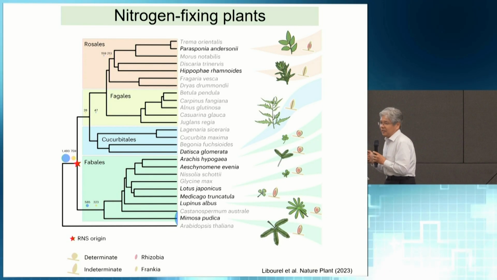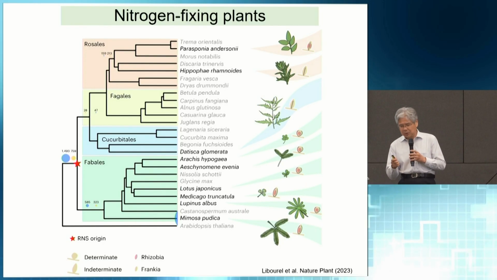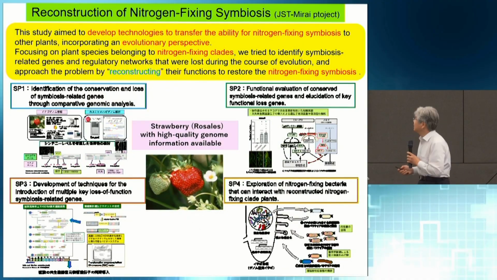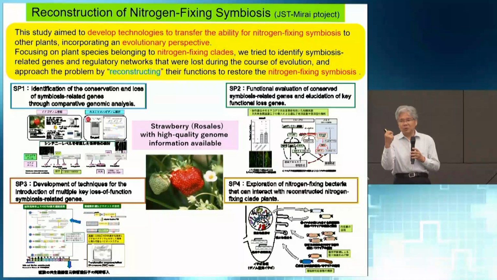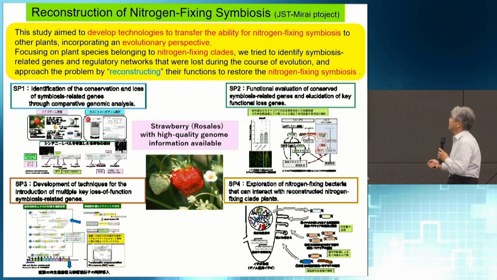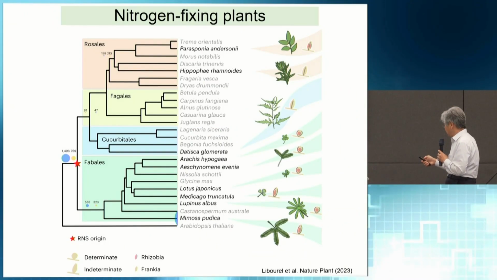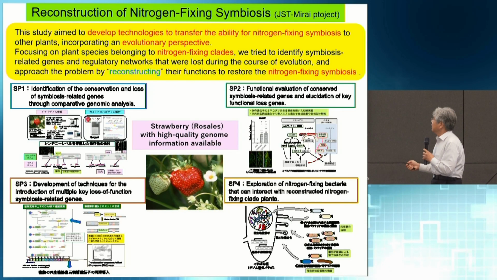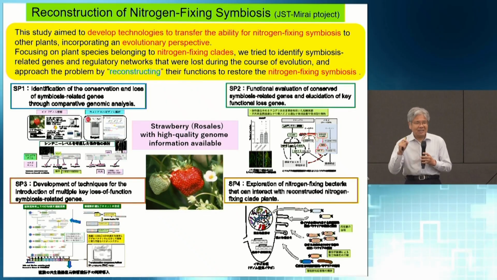So we consider this evolutionary viewpoint in our new project called reconstruction of nitrogen fixing symbiosis. As I said, it is difficult to transfer the root nodule symbiosis to crops such as wheat and barley. But if we set the target to plants in this nitrogen-fixing clade, even the plant which has lost the ability of root nodule formation,